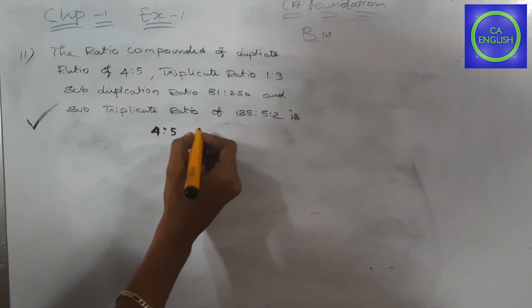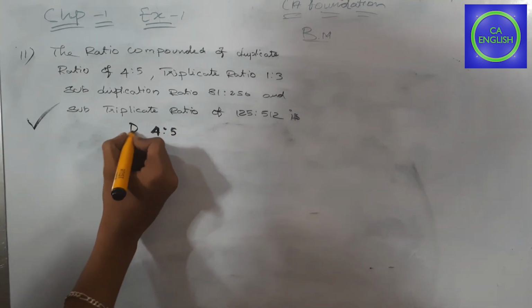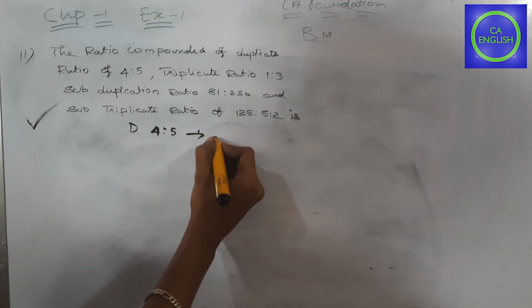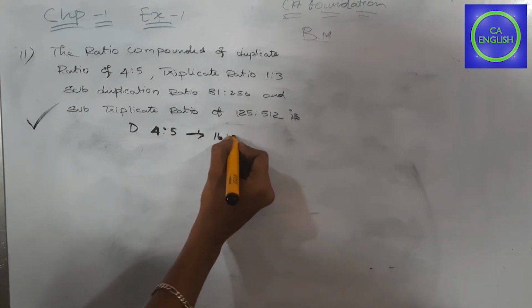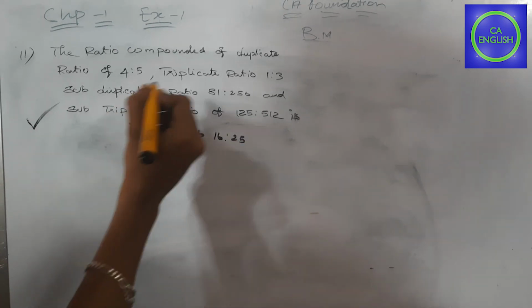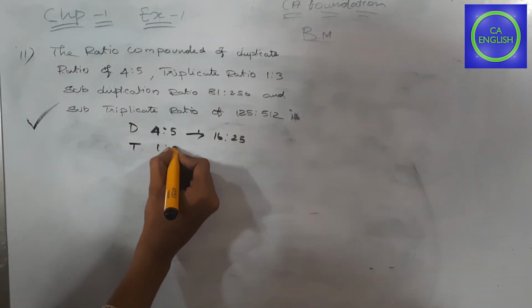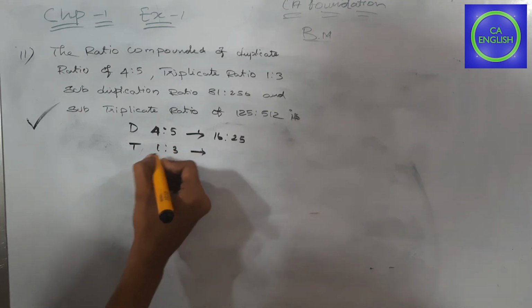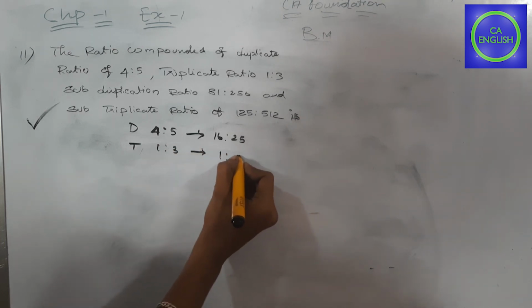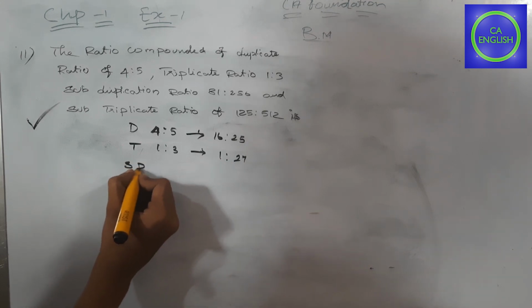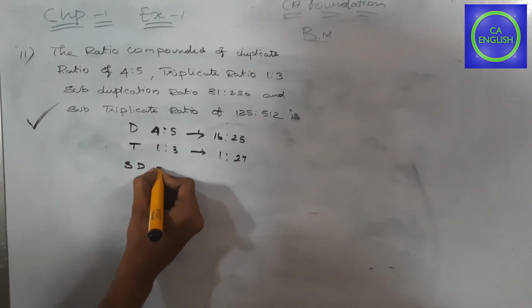4:5, duplicate ratio mentioned as D. Duplicate ratio means a square is to b square, 16:25. Then we want to find the triplicate ratio mentioned as T, 1:3, just cube it, 1:27. Then we want to find the subduplicate ratio, mention it as SD,